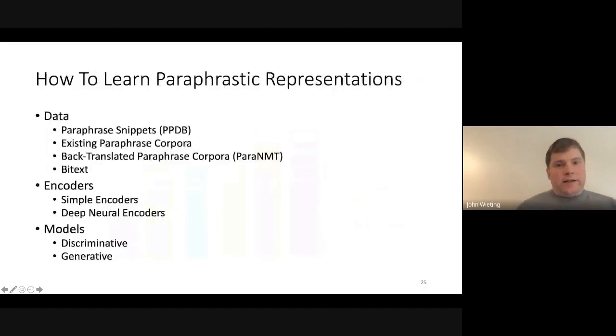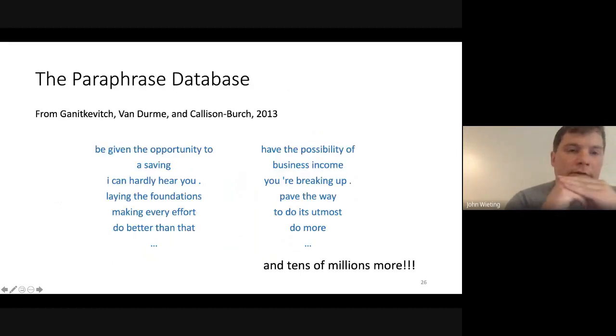I'll just quickly get into how we can learn these representations. I've already discussed our discriminative model, and some of the data that we could possibly use in the Paraphrase Database. There are many other settings that are very similar but give you very different effects. You can use PPDB for this at the sentence level. Essentially you're dealing with short little phrases, I wouldn't even call them phrases, more like snippets of text. But there are millions of them, and enough high quality ones in here that you can actually learn very strong models.